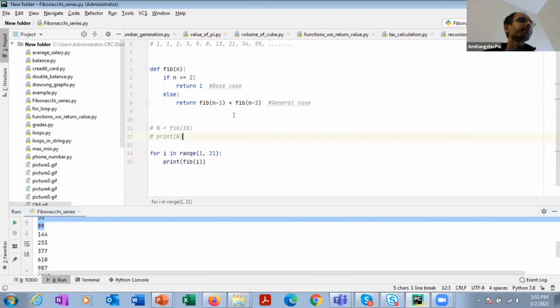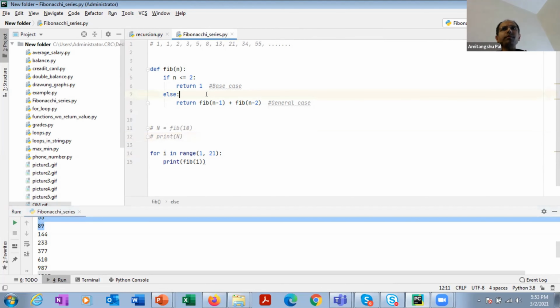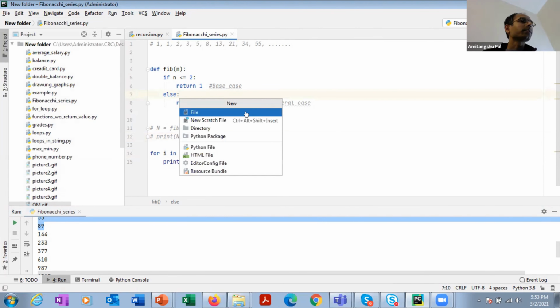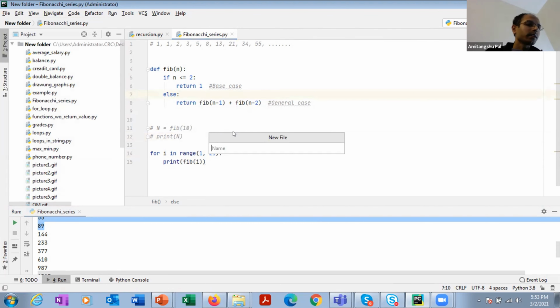Now let's see. So let me close the previous set of programs. Now let me write a function that will calculate the sum of the digits of a particular number.